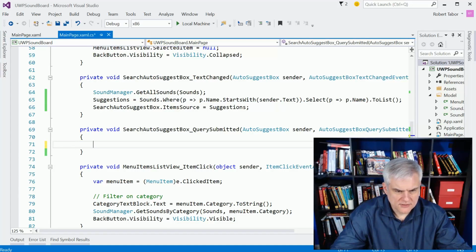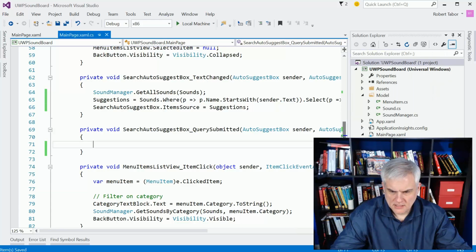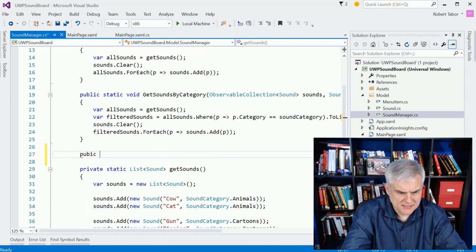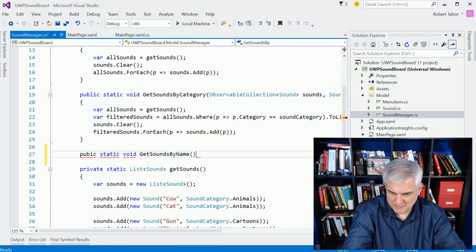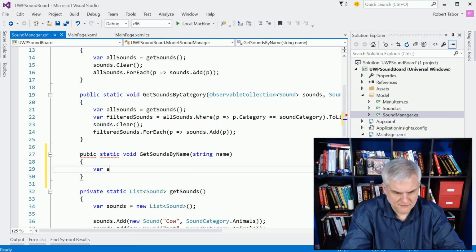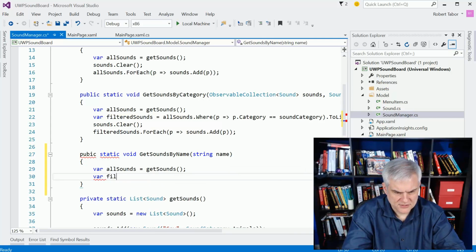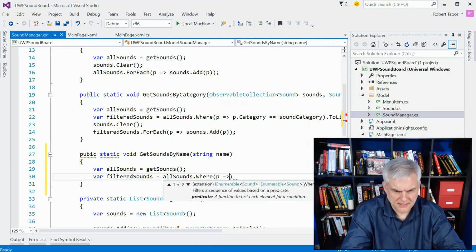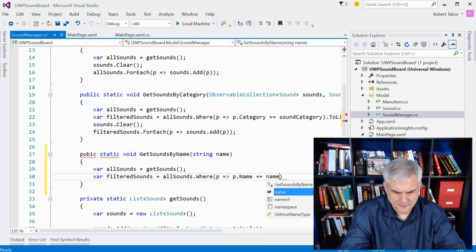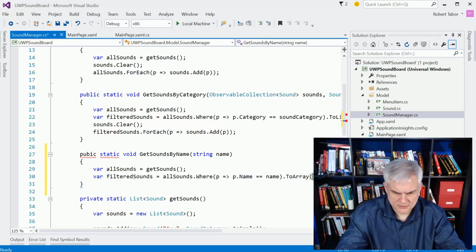And so what I think I want to do here is make another method on Sound Manager, something like public static void GetSoundsByName, maybe, and then just take in a string name, something like that. We can do almost everything that we've done before, and then we'll grab a filtered set of sounds where p dot name equals name, and we'll do a ToList on that,